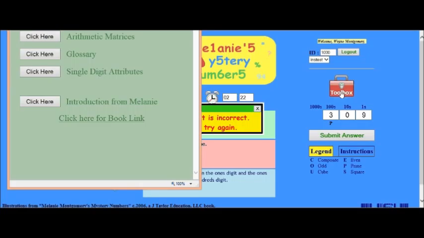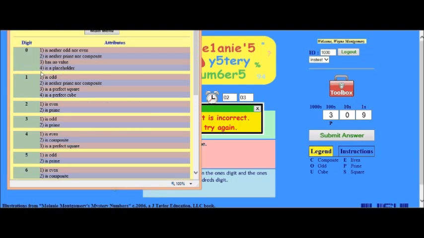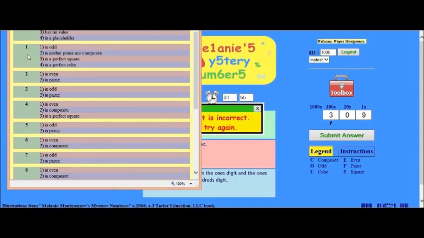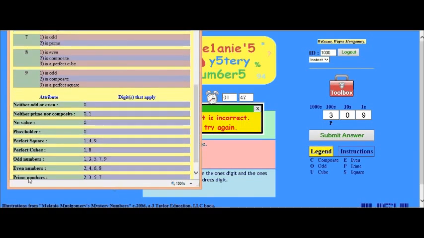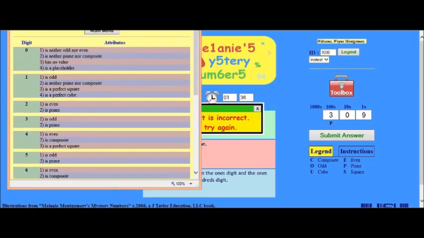to his toolbox. And in the toolbox, of course, there are tools to help with the three basic aspects of what's involved in clues. First of all, the attributes of the numbers, and they're listed both by number and by attributes, so that you can see here that for the number 1, there are 4 attributes that are possible to be included in clues, and down here for odd numbers, it lists the odd numbers, or the same thing for prime numbers, so that a student can readily go and refer to that clue and get some indication of what the category might be if he's not really familiar with those